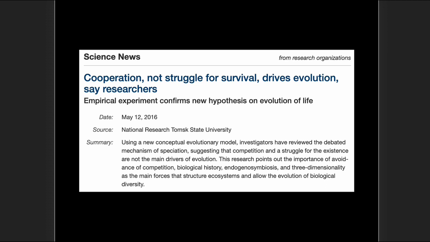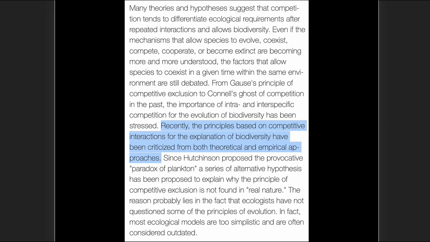Okay, here's the PR piece of another study. Look at the title here. Cooperation, not struggle for survival, drives evolution, say researchers. Skipping down. Recently, the principles based on competitive interactions for the explanation of biodiversity have been criticized from both theoretical